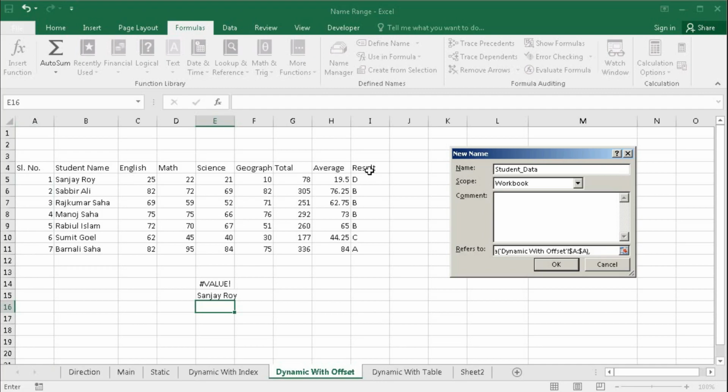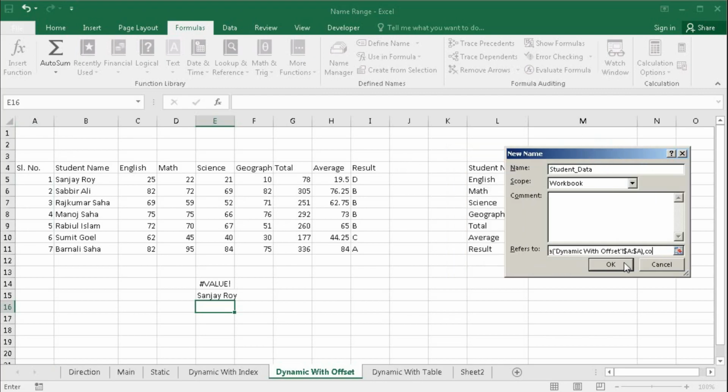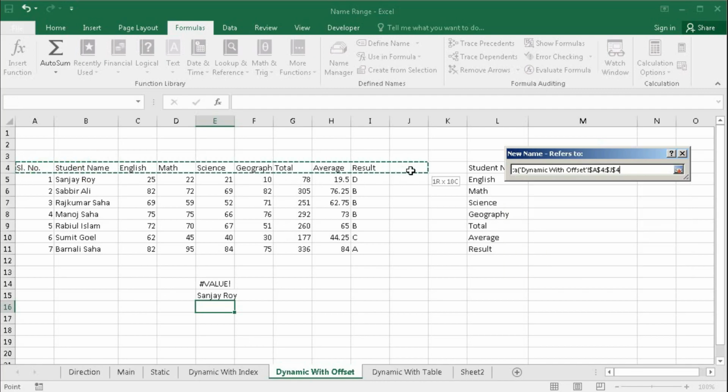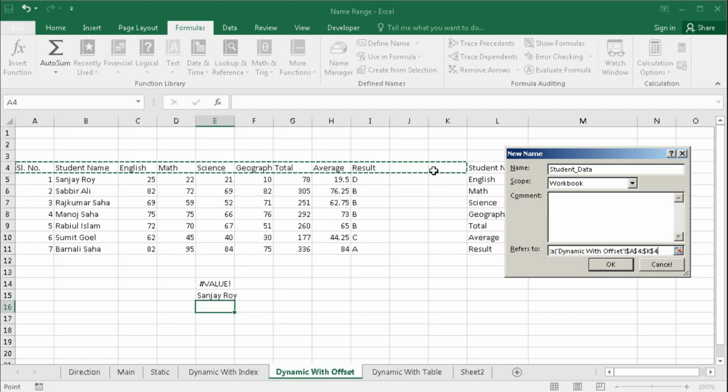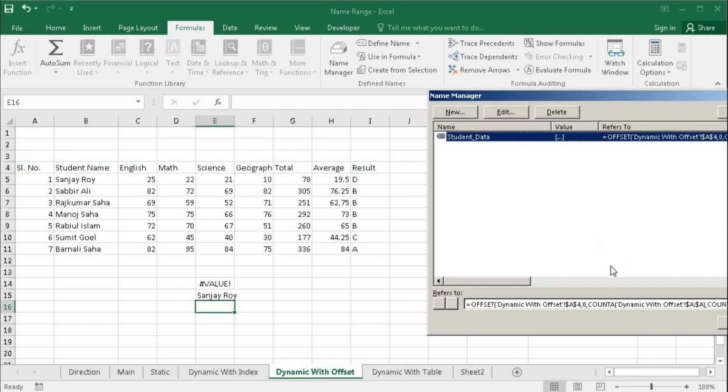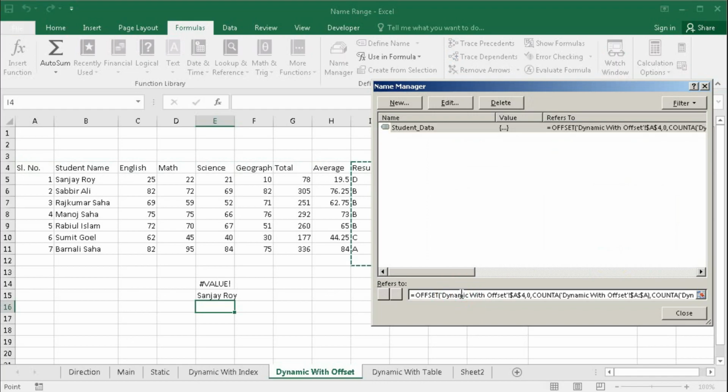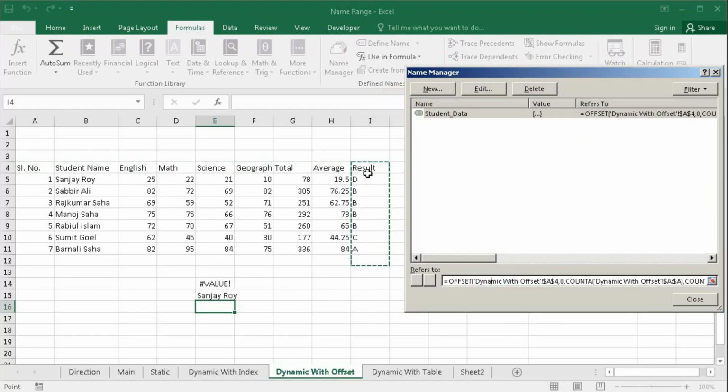I can put here 9, or if I think my columns could increase, then I will use COUNTA again, bracket open, select some more column headings, then bracket close, and bracket close for OFFSET. Click OK. Now click here, you can see that I got a name range for result.